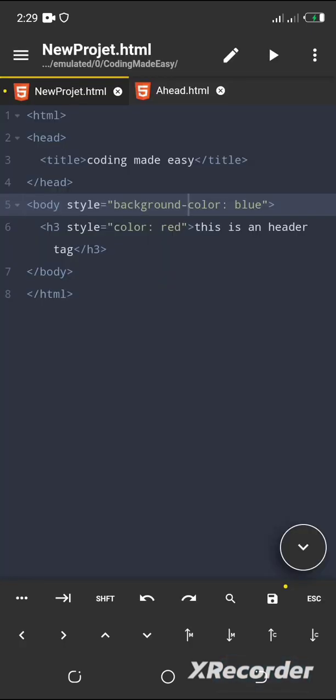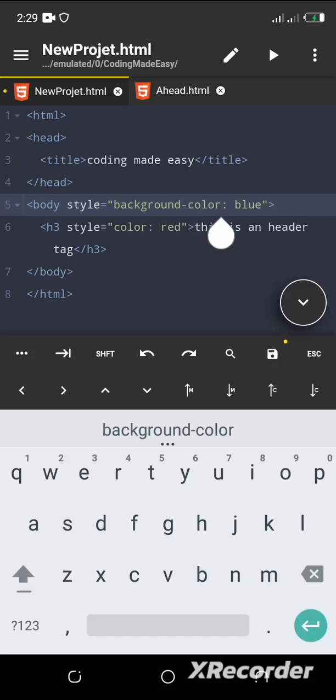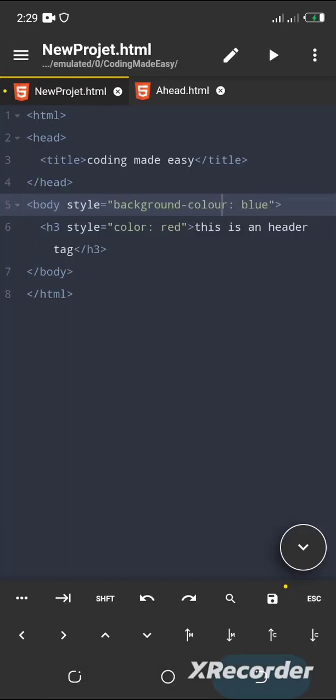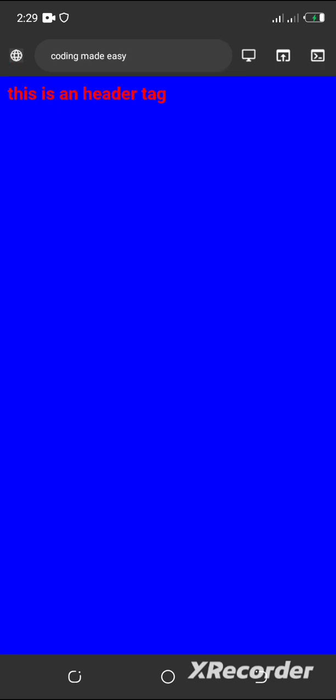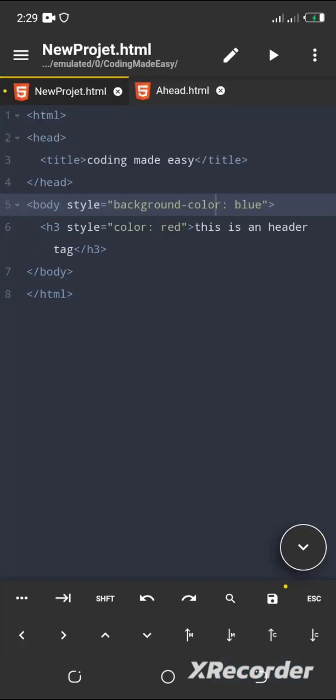It's so simple, even simpler than the mathematics you study. Now if I add a u to this color, it's not going to work. You see that it didn't work, so you just have to be familiar with this. Bringing this part of the video to an end, one thing I want you to know: there's a difference between background color and color. The background color is meant to affect the